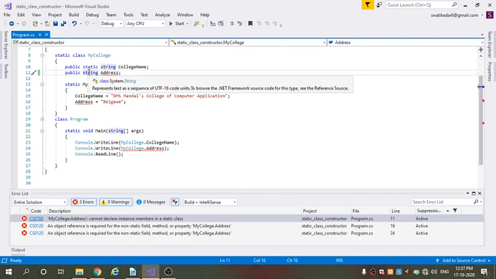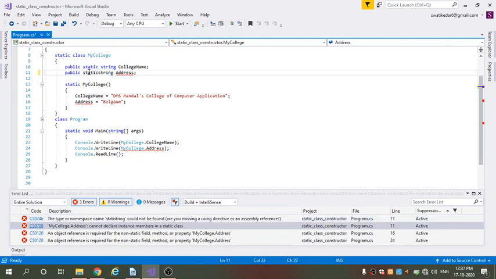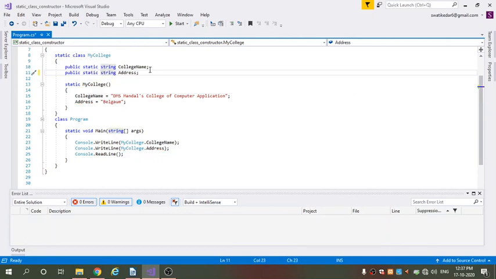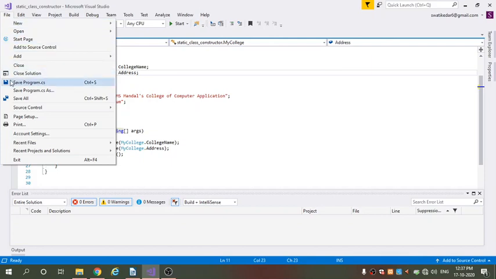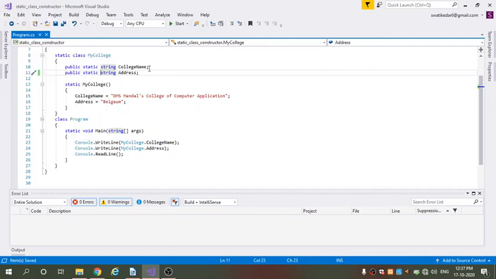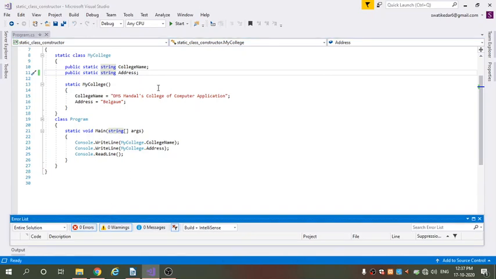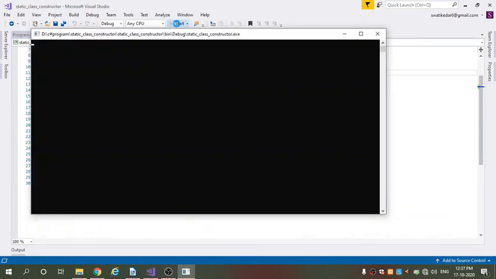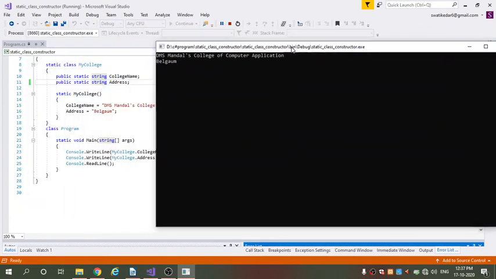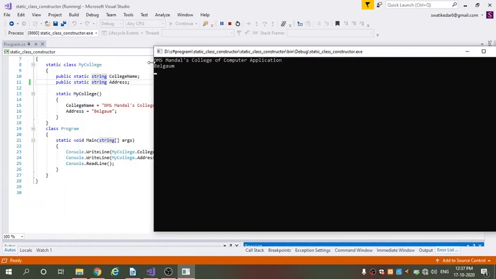So we have to type static string address here. Now the error is gone, and save the program. You see the errors are 0 here, and click on Start. You see the output here: DMS Mandal College of Computer Application and address is Belgaum.